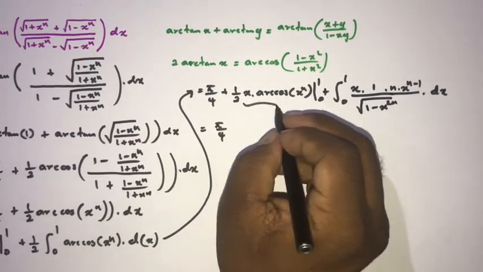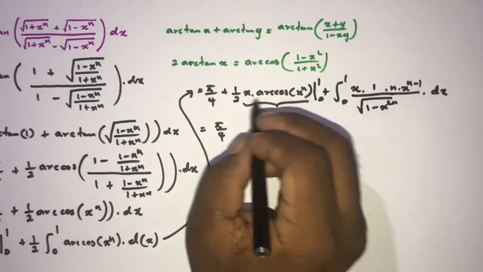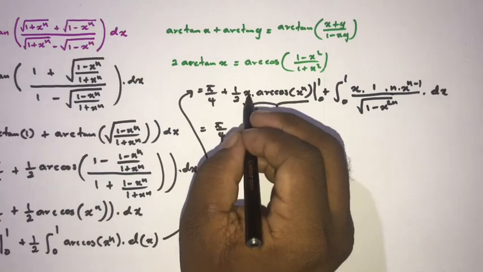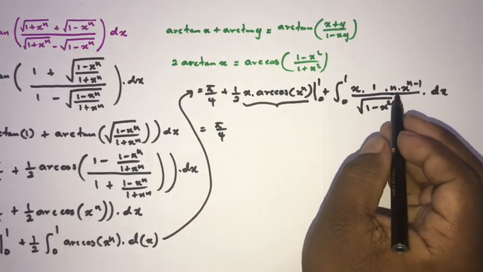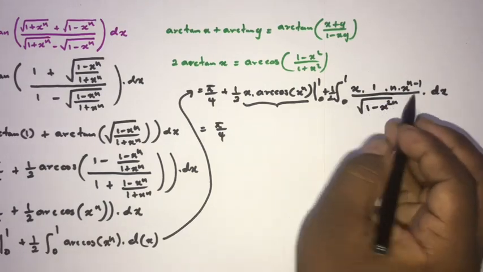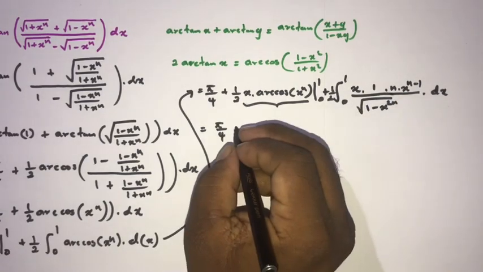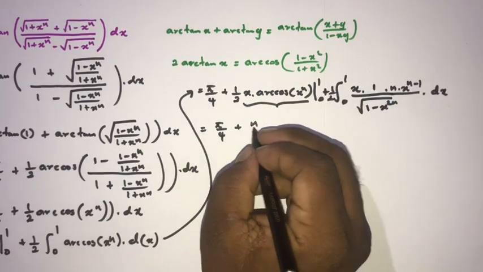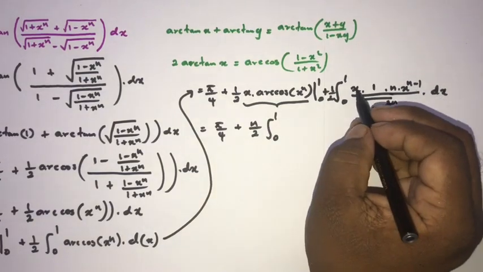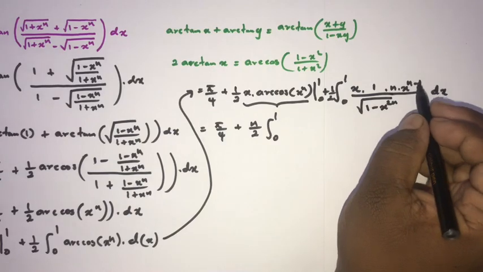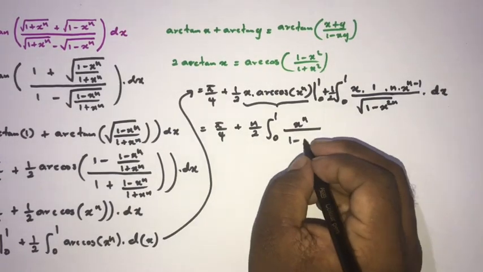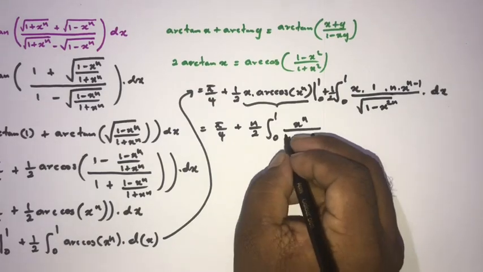We know if we apply the limits 1 and 0, this is equal to 0. Arc cosine of 1 is 0, so here 0. And here we have 1/2, so here also 1/2. Now here n over 2 is a common factor, so n over 2 integral from 0 to 1. Now here x to the n minus 1, so x gets cancelled, and here we have x to the n over the square root of 1 minus x to the 2n,